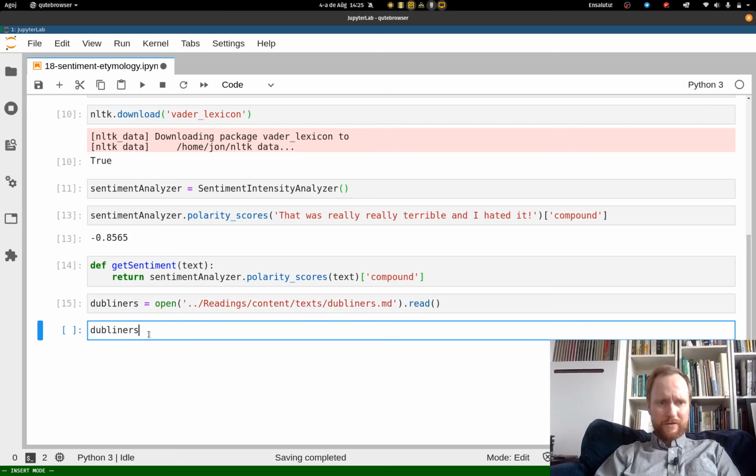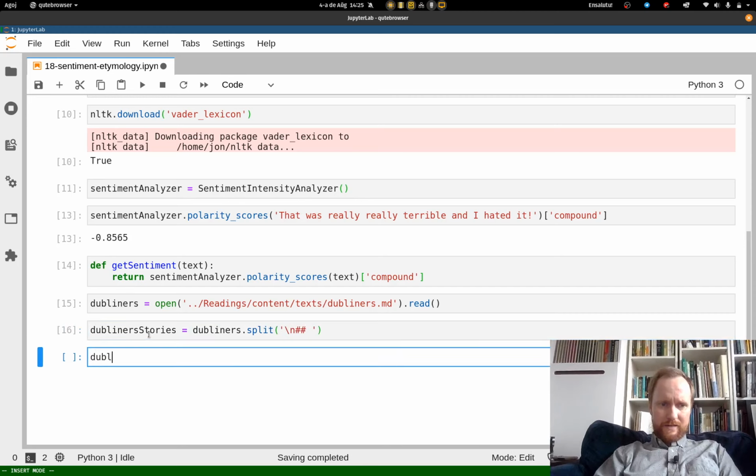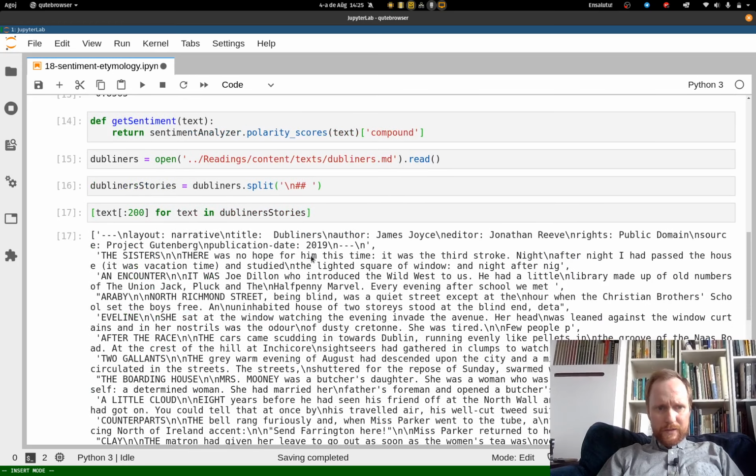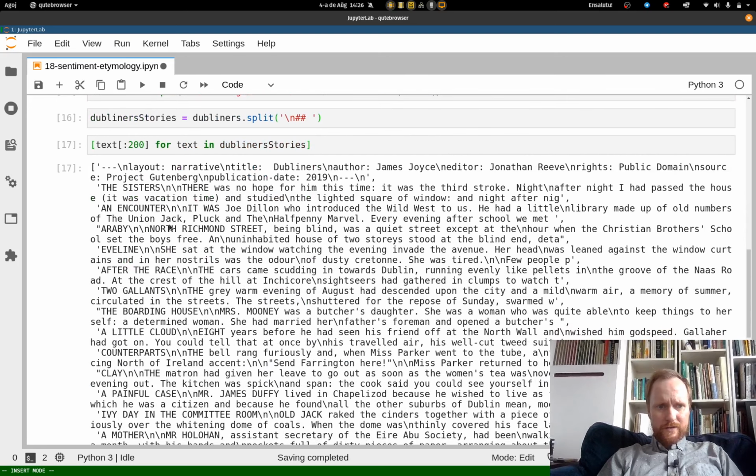I can call this Dubliners stories, and I'm going to get that by splitting on \n and 2 pound signs. And then let's peek at the first 200 characters of each one. Yeah, so Sisters, Encounter, Araby, Eveline,